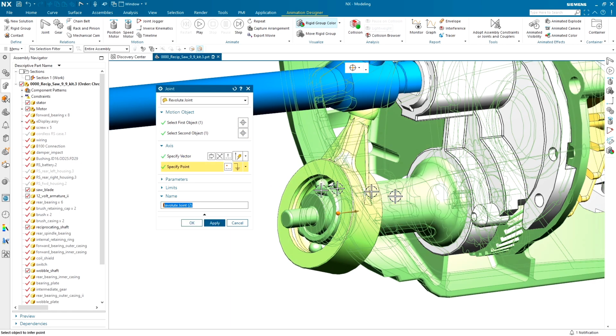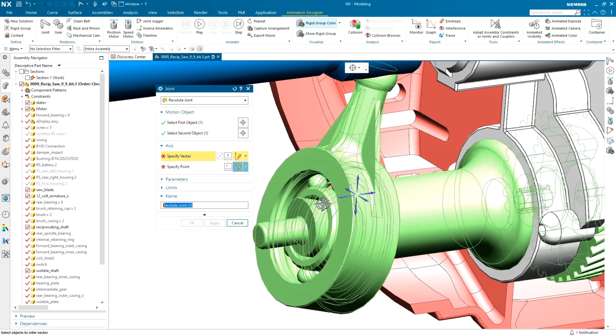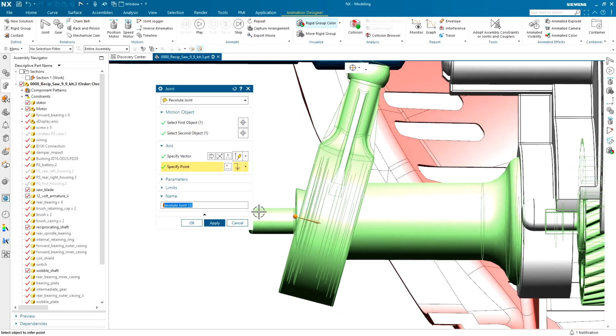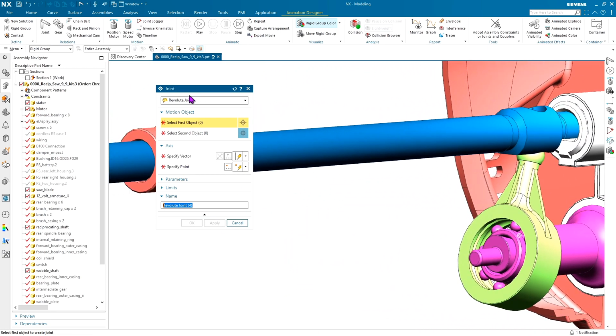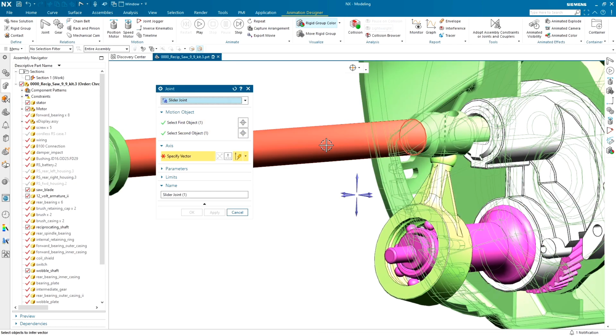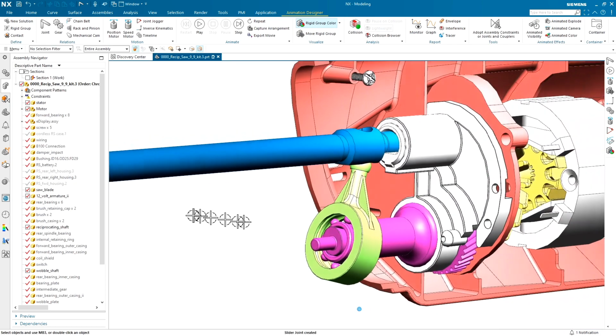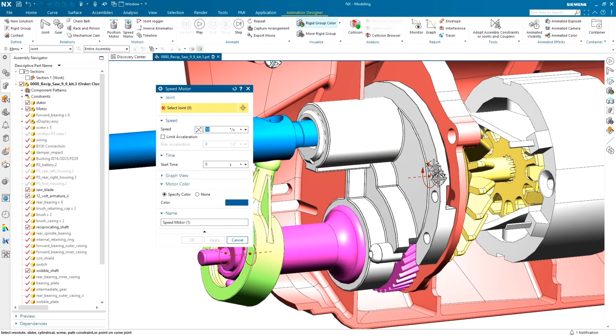The odd oscillating part will rotate about the angled shaft on the main drive part. I know the saw blade moves in and out, so we'll add a slider joint to its shaft and case. Let's see if it works. I'll add a motor to the motor, giving it some speed and a startup acceleration. You know, I have no idea what these values will do, but it's a starting point, right?